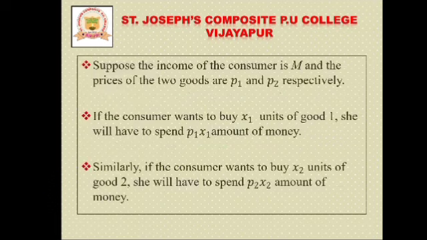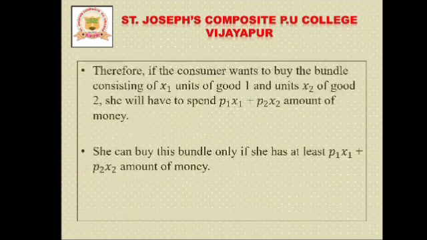So once again I will repeat. M is income. P1 is the X1 commodity price. P2 is the X2 commodity price. So if a person wants to buy commodity 1, that is X1 units of the commodity, then he needs to spend P1X1 amount of money. Or suppose he wants to buy the second good, that is X2 goods, then it will be written like this: P2X2 amount of money. Therefore, if the consumer wants to buy the bundle consisting of, this is called a bundle, X1 and X2,